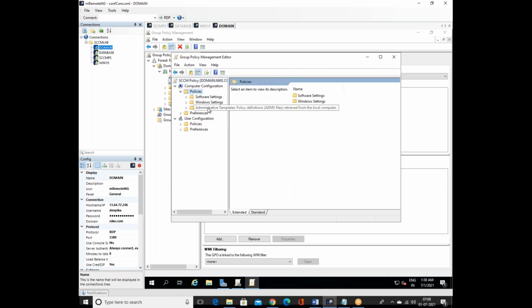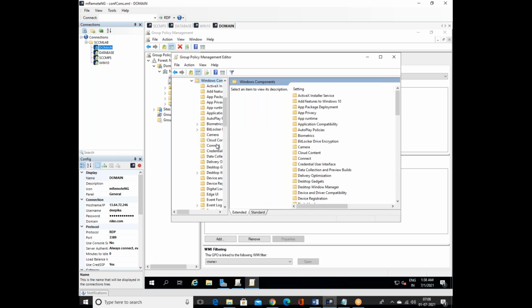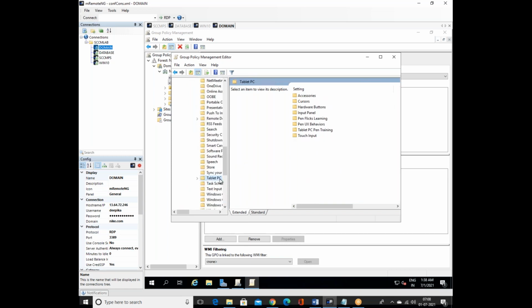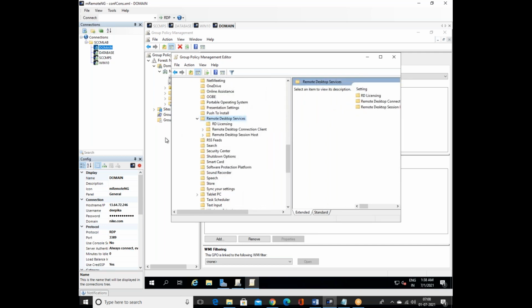and expand administrative template and expand Windows component and look for remote. Just type in remote. There you go. You have remote desktop session. Expand that one so that we can see it properly. Now expand this remote desktop session host,